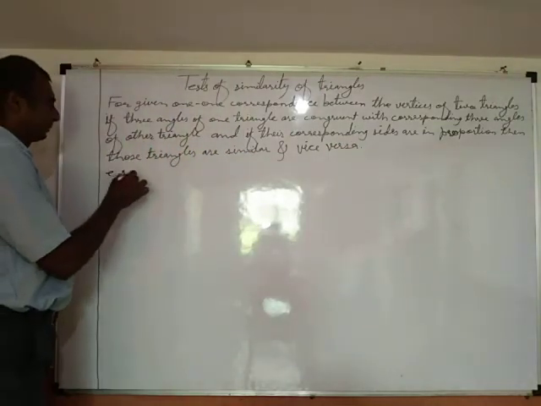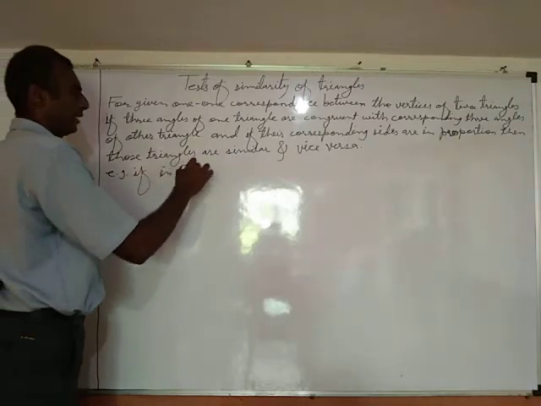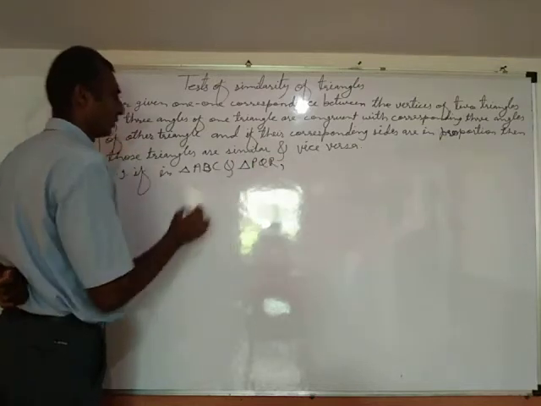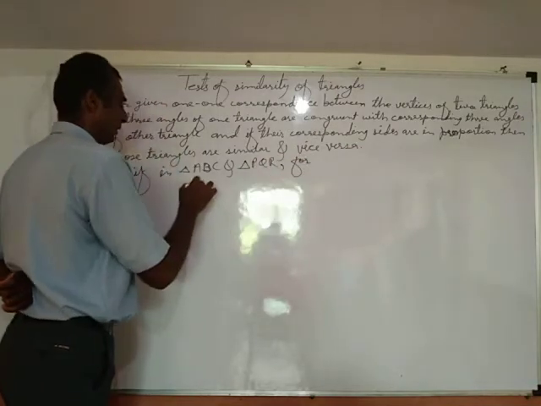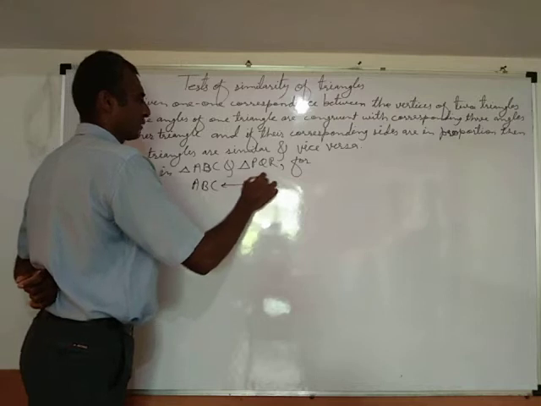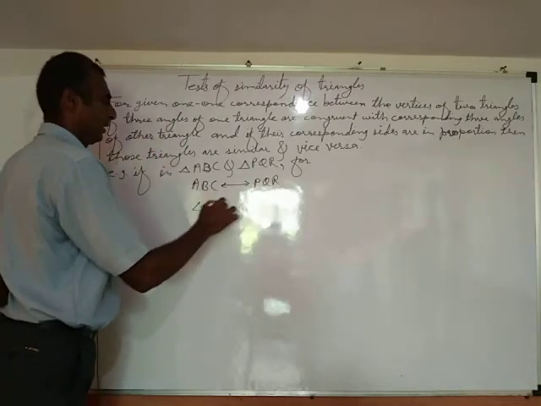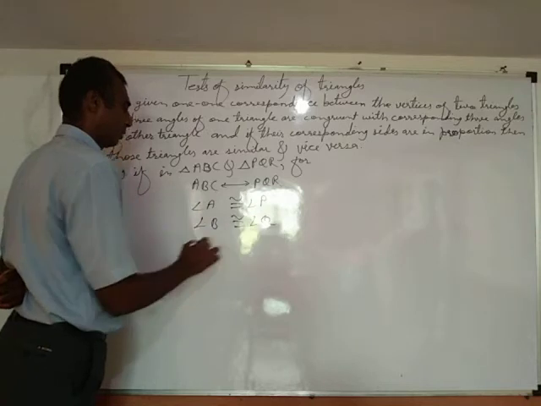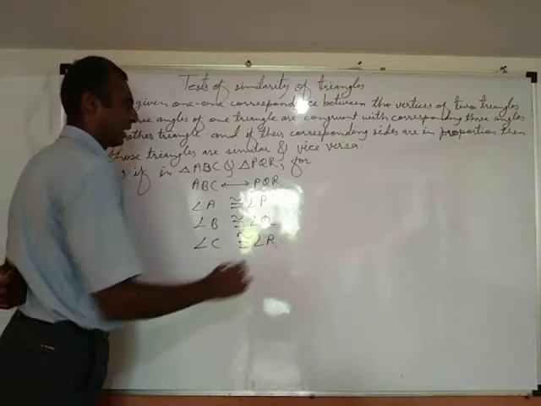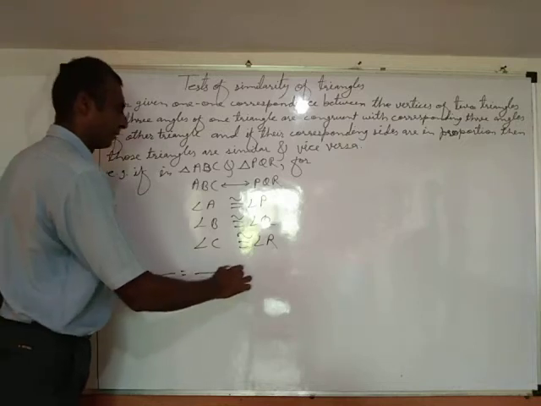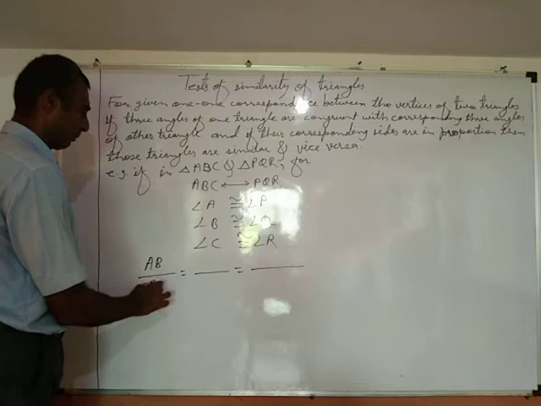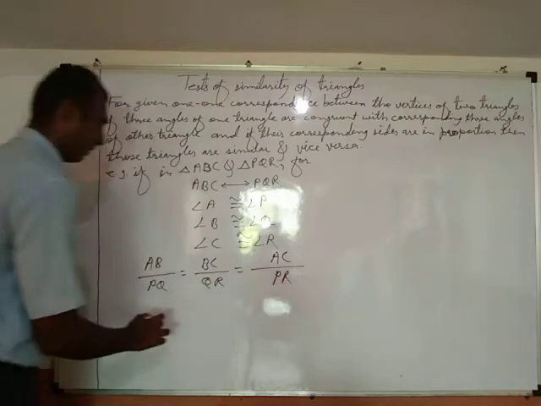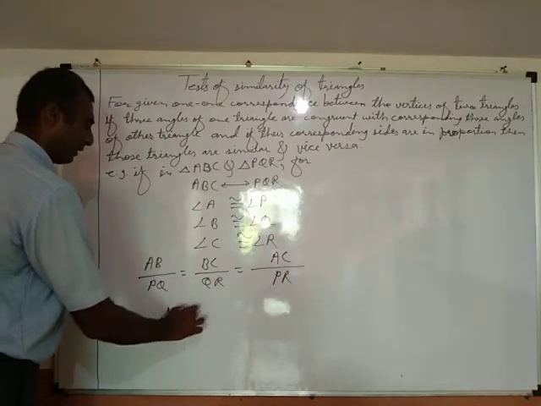Example, if in a triangle ABC and triangle PQR, for ABC 1:1 correspondence PQR, angle A congruent angle P, angle B congruent angle Q, angle C congruent angle R, and if AB upon PQ equals BC upon QR equals AC upon PR, then we may say triangle ABC is similar